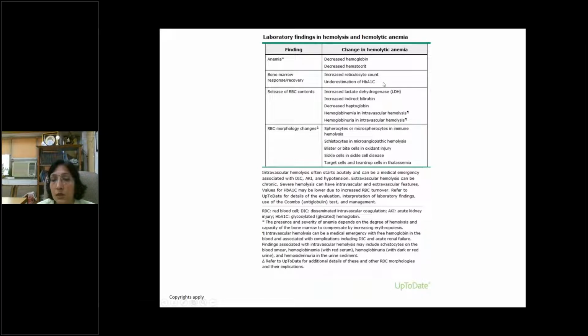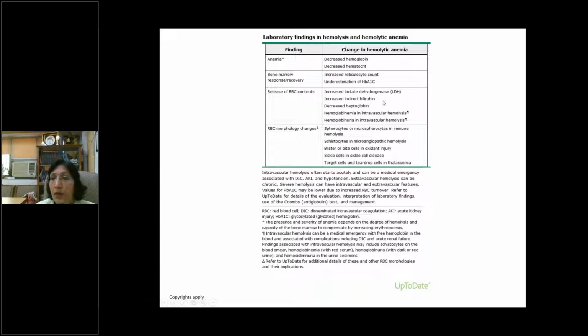Normal is 2 to 6% or 1 to 2%. If it is increased, then we are dealing with some pattern of hemolysis. Whenever there is an increased RBC turnover, there is always an increased LDH. We usually see this in patients, but there are other causes of raised LDH besides hemolytic anemia. So on the basis of increased LDH alone, you can't make the diagnosis.